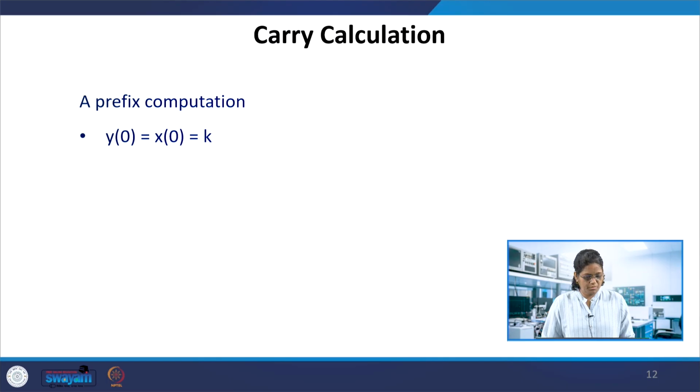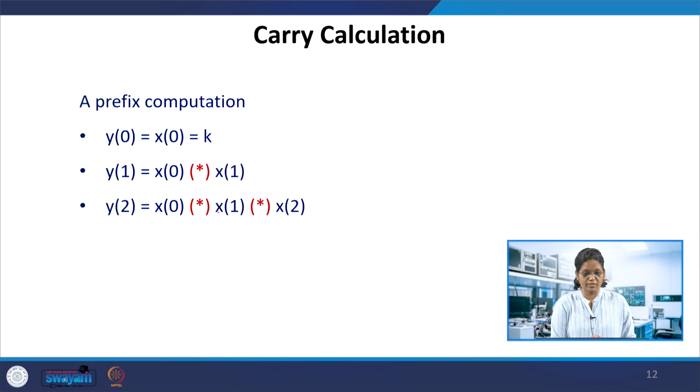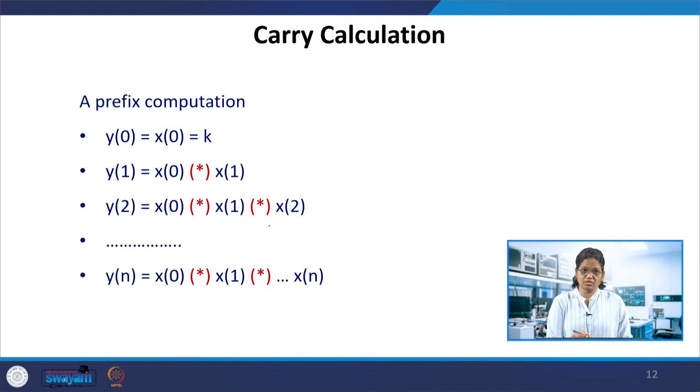So from this, how do we do the carry calculation? In the prefix computation, if you remember, y of 0 is x of 0, which is considered to be k, and y of n is the carry computation of x of 0 and x of 1, and x of 2 is again taking y1 and x2 with the carry operation, and then it continues up to the n stage if we use only the prefix computation.